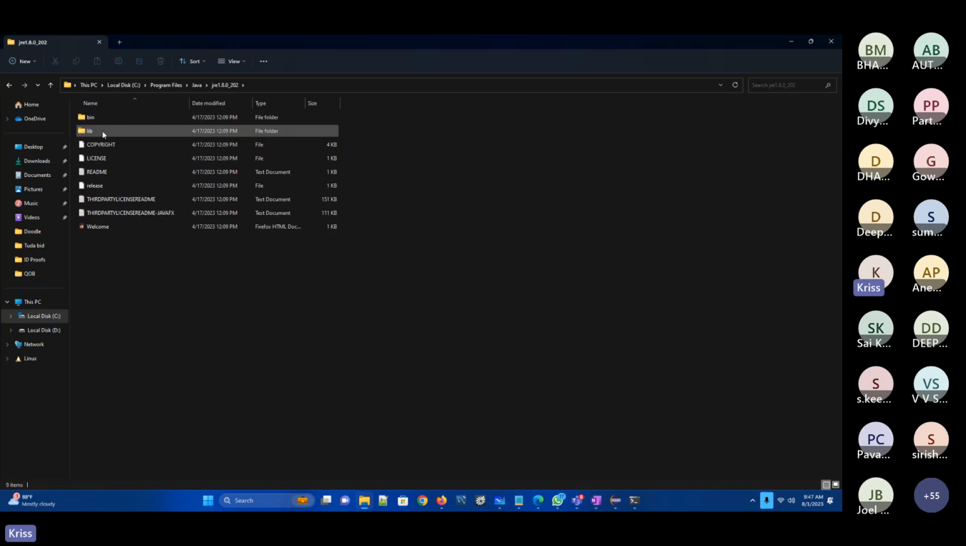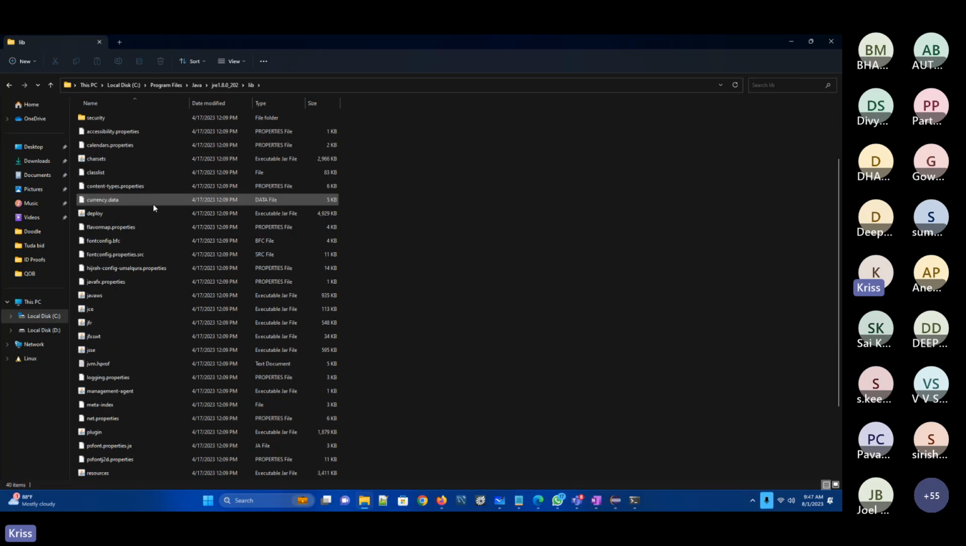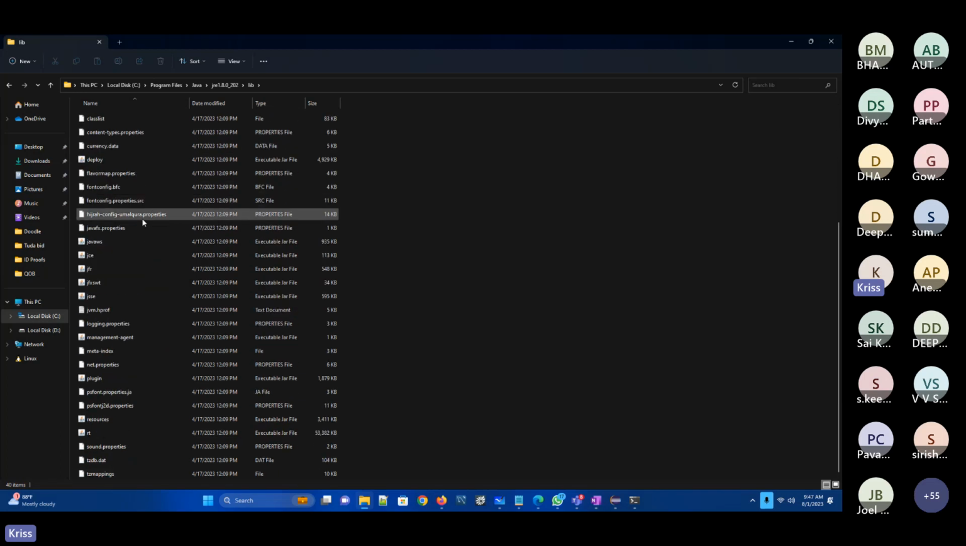Now just click on these folders. You can see bin, lib, and all this other information. The lib is nothing but library. These are all the library files, and the most important files are rt.jar, jsse.jar, and jfr. Now, I told you in the explanation: